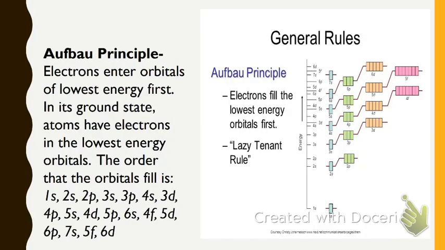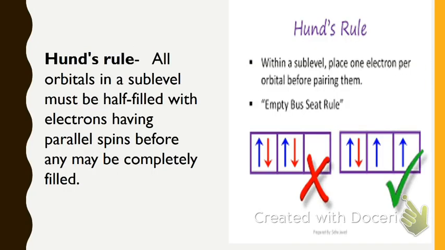The Aufbau principle states that you must fill the lowest energy level first. Sometimes that is referred to as the lazy tenant rule, because the lazy tenant wants to live on the bottom floor. This is the order that they fill. You do not need to memorize that because we fill them directly off of the periodic table because of the way it's arranged. And then the last rule is Hund's Rule, or the empty bus seat rule, but it's basically